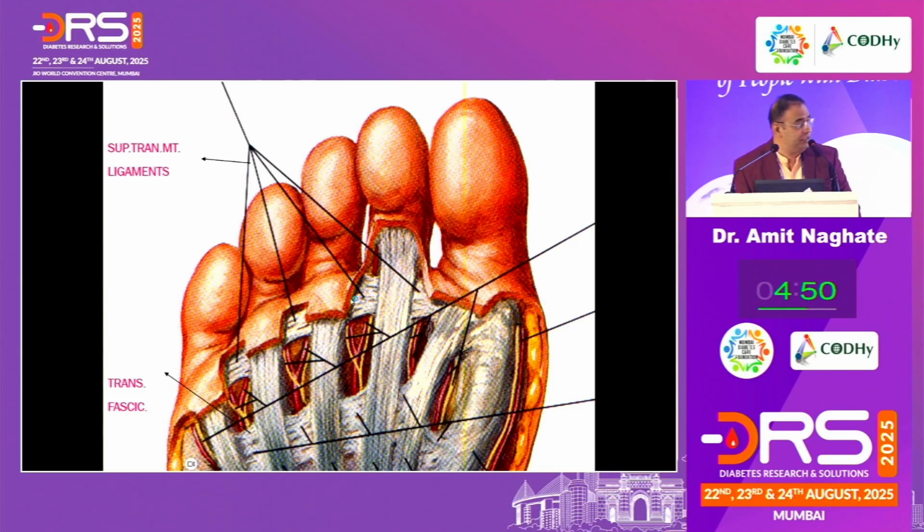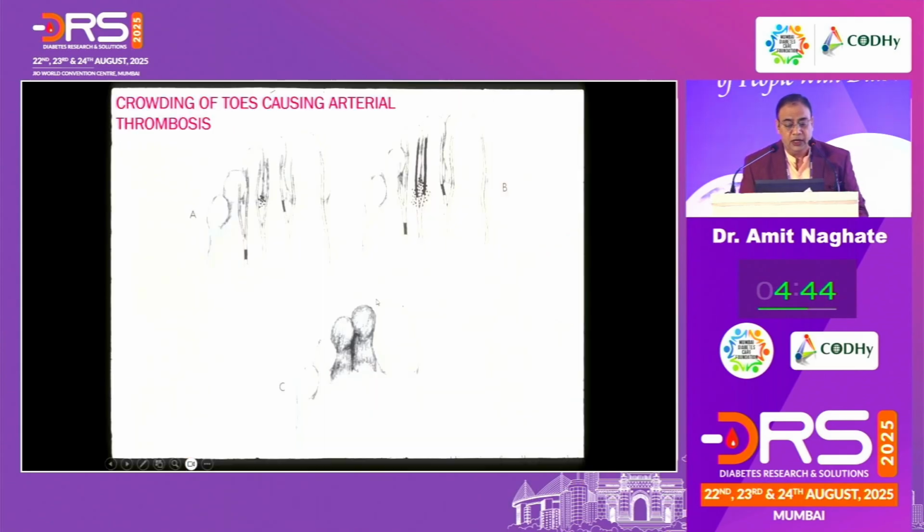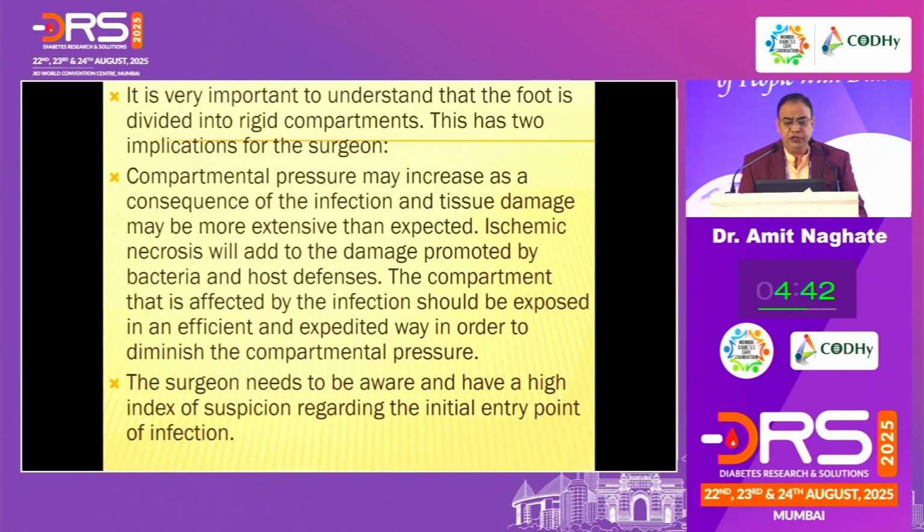connections. Okay, you can see this. So this is where the infection spreads along the fascias. The most important understanding point is that there are various compartments. Just like the leg, we have various compartments in the foot also. If the infection happens in the compartment, then we need to release the tension from the compartment, or else everything would be necrosed. This is from the surgeon's point of view,